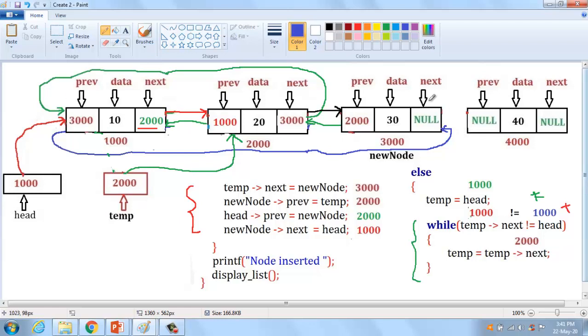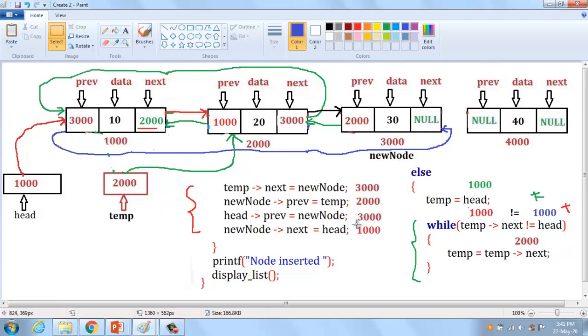Understand? And then the last node should be connected to the first node. This we call new node next equal to head. What is head? Head is 1000. The new node next, which is 3000, should be changed into the head pointer.